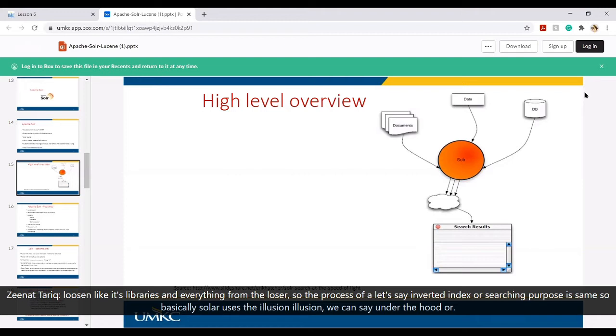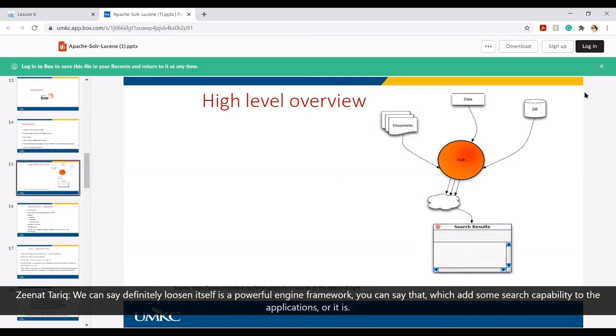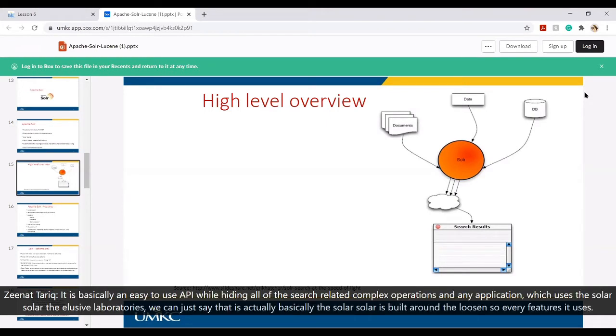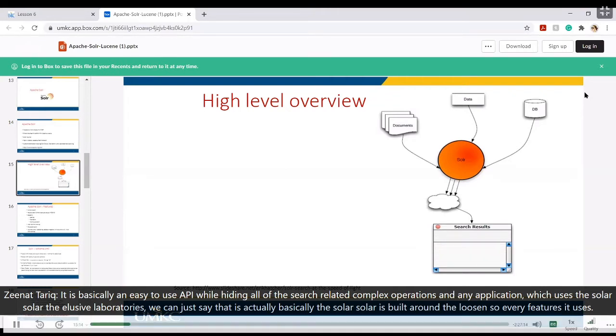Solr uses Lucene under the hood, and Lucene itself is a powerful engine framework which adds search capability to applications, with an easy-to-use API while hiding all of the complex search-related operations. Any application which uses the Lucene libraries is basically Solr. Solr is built around Lucene.